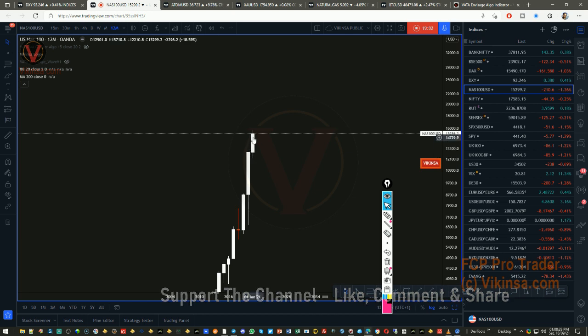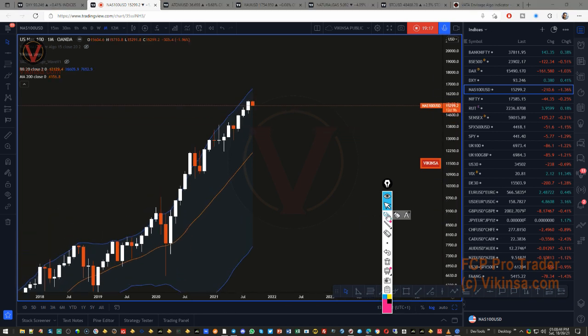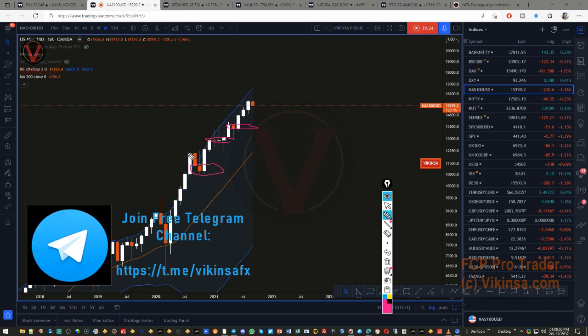But this candle is looking like it can turn into an upward rejection wick sort of thing, like an inverted hammer or pin bar. Maybe it will fall down a little and then come back down. So this has started to happen, and you can expect the market to find some sort of support here, or somewhere around here. This is also a level of support here, and where we have the 20 moving average as well on